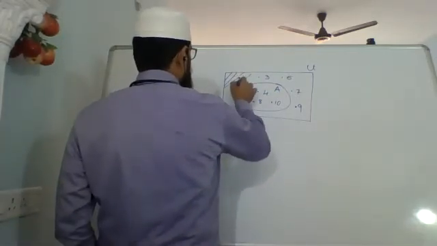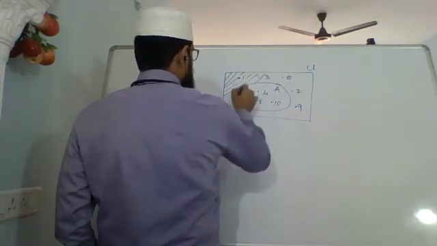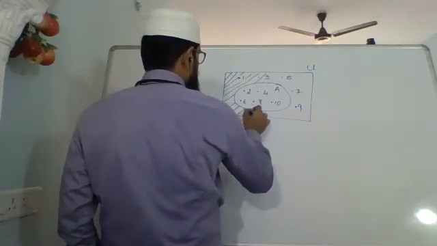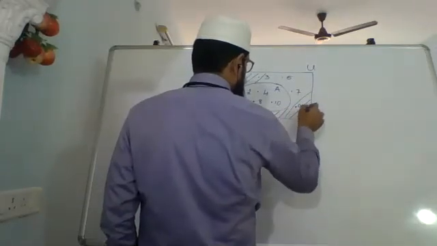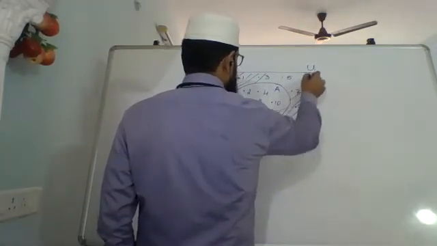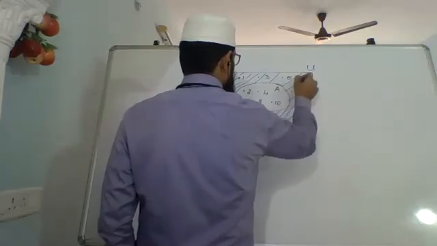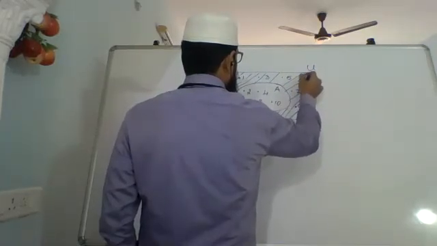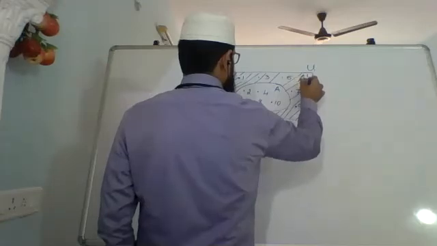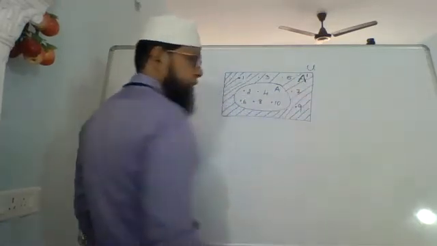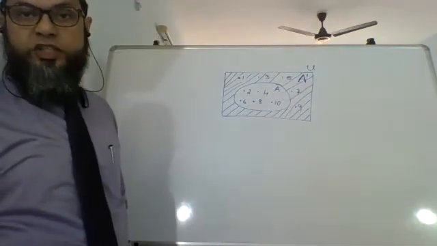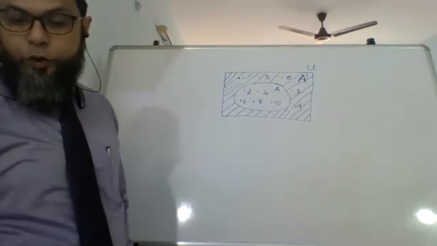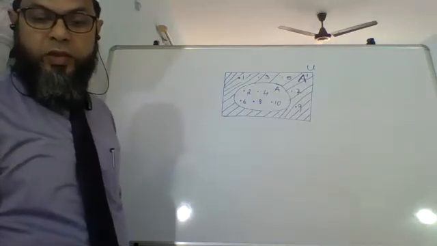set but not of the set A, ये जो shaded portion है, that would be A dash. Venn diagram में this is how I will represent this A dash. Okay, the shaded portion is A dash. If the circular portion is set A, then the shaded portion is A dash.